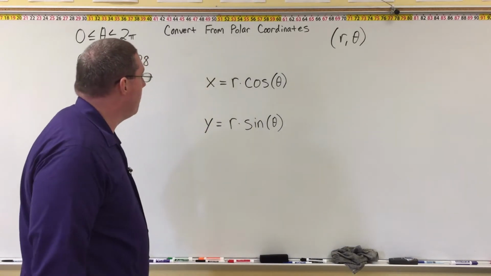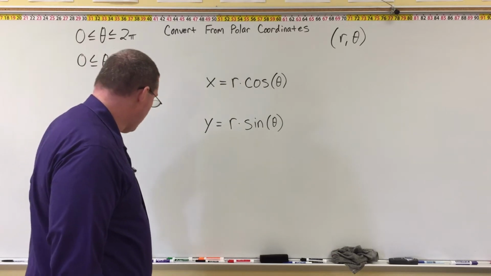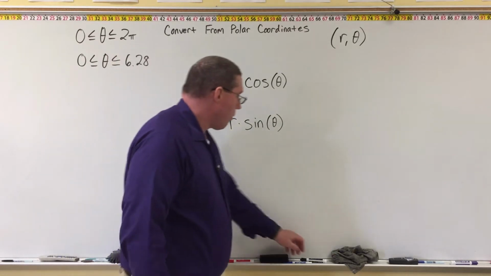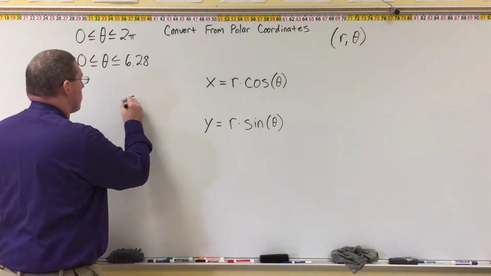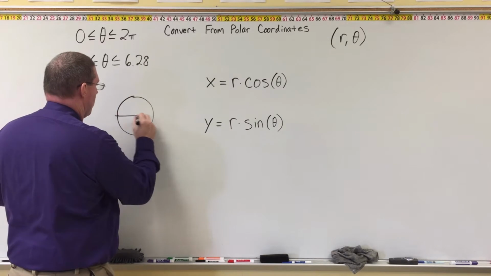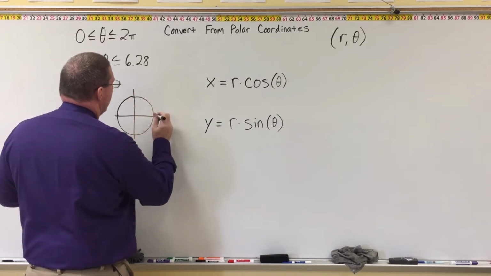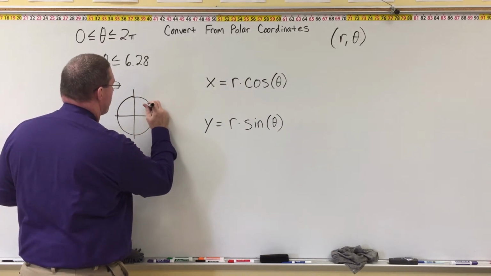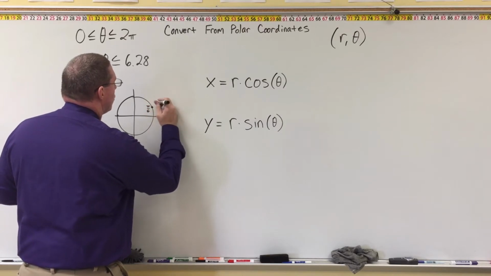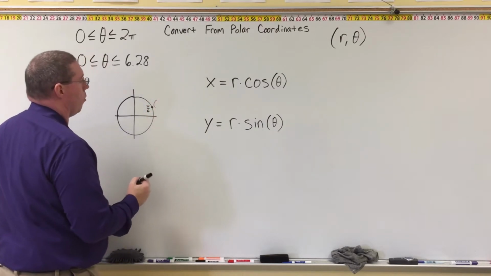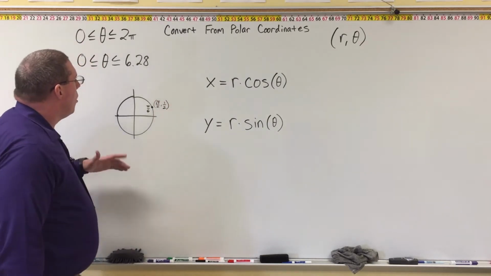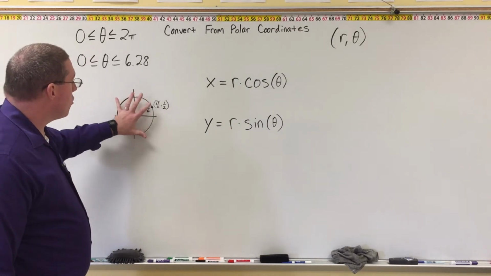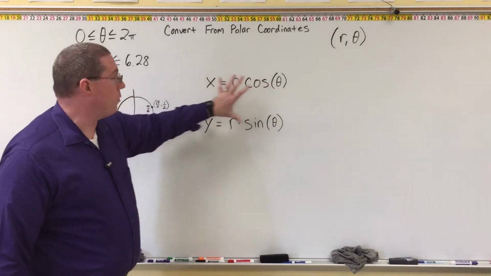Now, I do want to mention something as an example. Remember the unit circle itself, right? If we take a unit circle, and for example, let's take this point over here at pi over 6, right? Don't we already know that the x and y coordinates at that point are square root of 3 over 2, comma 1/2, right? Well, we can actually use this unit circle and this formula to show that they are related